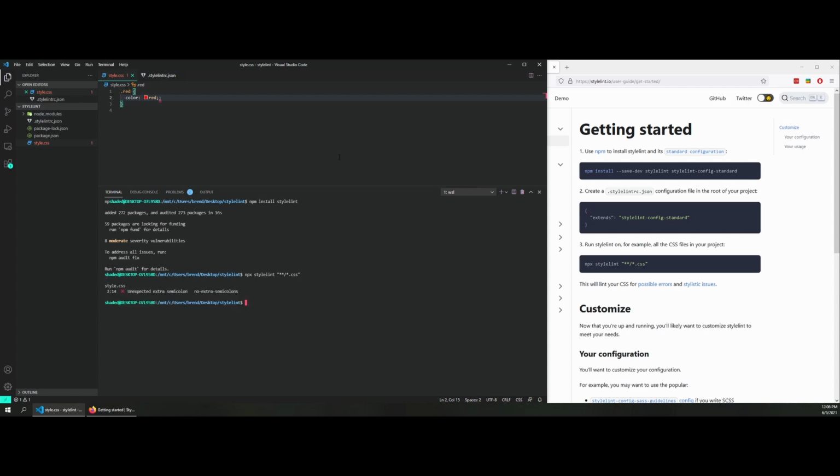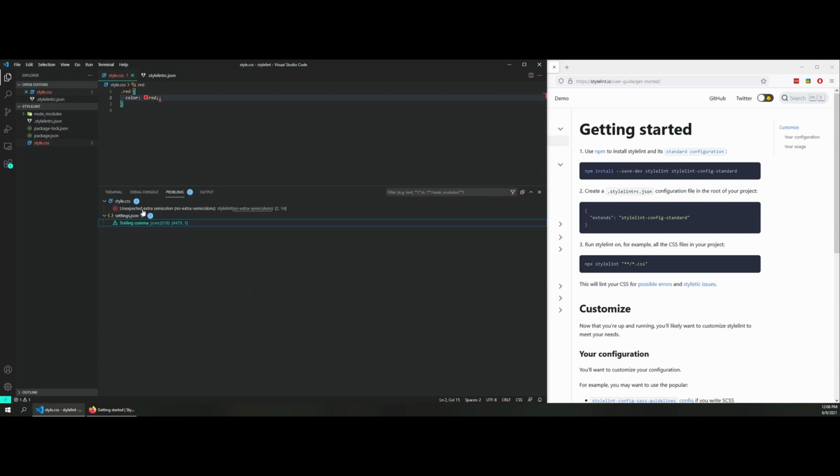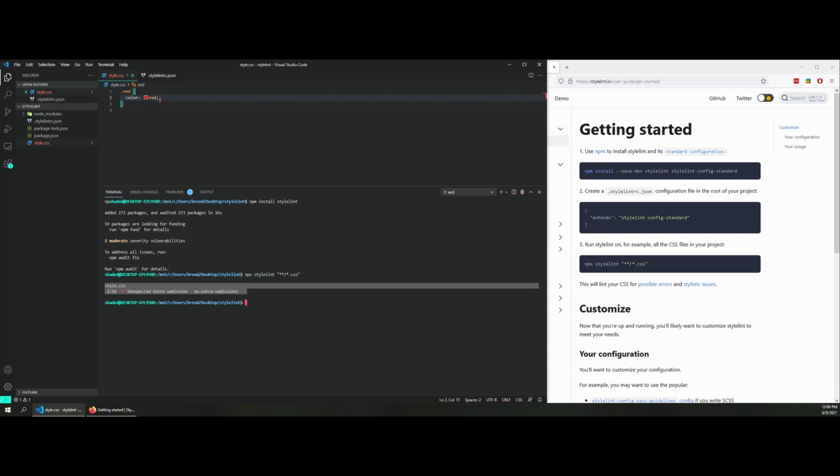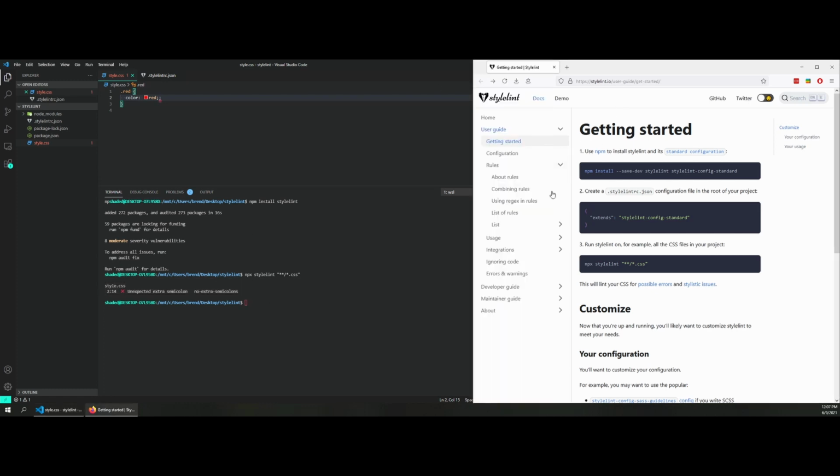Alright, so if we didn't have the Stylelint extension installed, all we would have is this telling us what the file is and then where the error is located. We wouldn't have any of this highlighting or showing up in the problems tab. Now, the cool thing is that some of these rules,